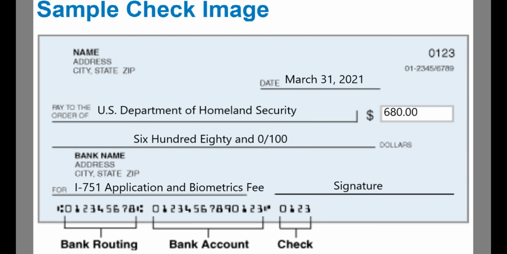Okay, so this is the sample check on how to fill it out. At the top part is the date, which should be month, day, and the year. It should be paid to the order of U.S. Department of Homeland Security, in the amount of $680. That stands for the biometrics fee of $85, and the I-751 application fee of $595. So it's a total of